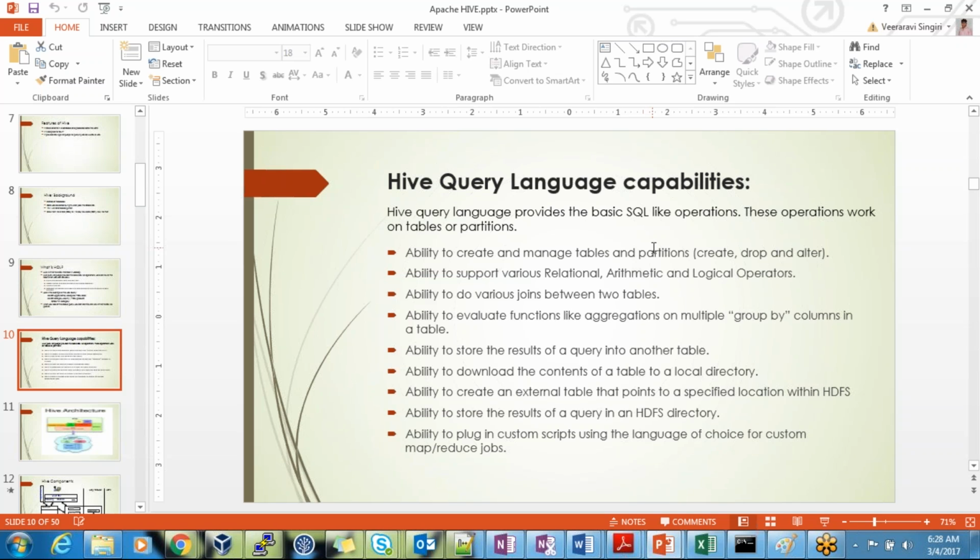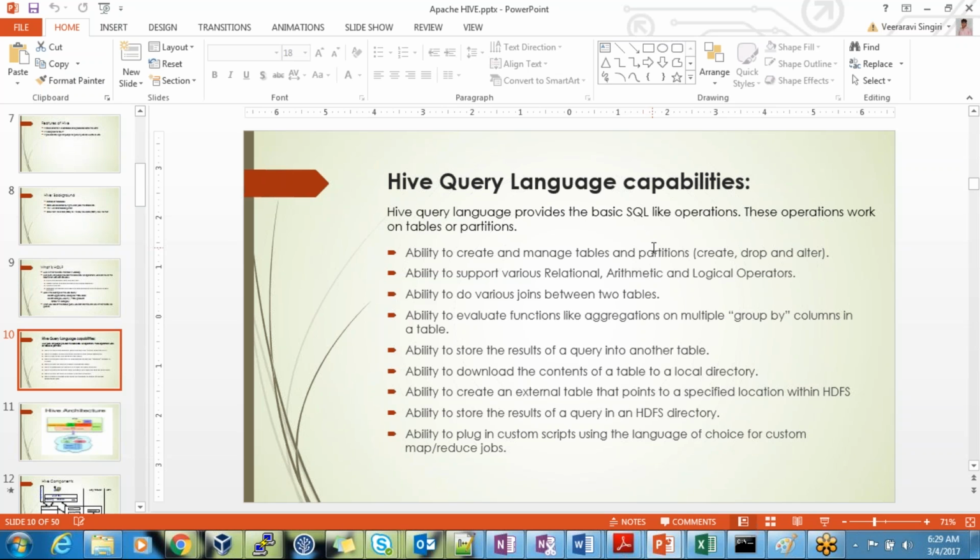Whatever data I have stored in HDFS will be there in the form of tables. Whatever data you store through Hive, you will store in the form of tables,